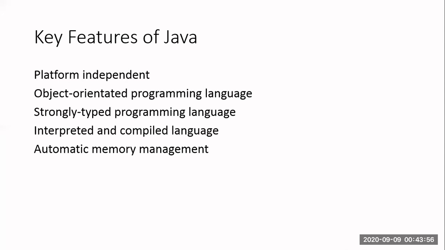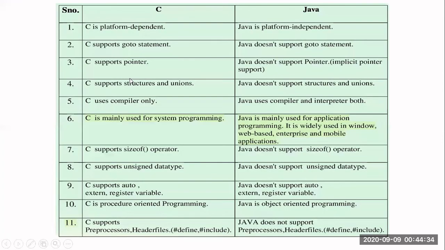And it has automatic memory management. Once again, this is usually taken care of by the operating system. Memory management, I think last semester you have studied about memory management, how to free the space, what is called garbage collection, how memory will be organized, how to fragment the memory and all. But all these things will be taken care of by Java. See, a programming language is going to take care of an operating system's work. Usually memory management, the OS will take care of, but this is a programming language which will take care of its own memory management. These are the major features of Java.